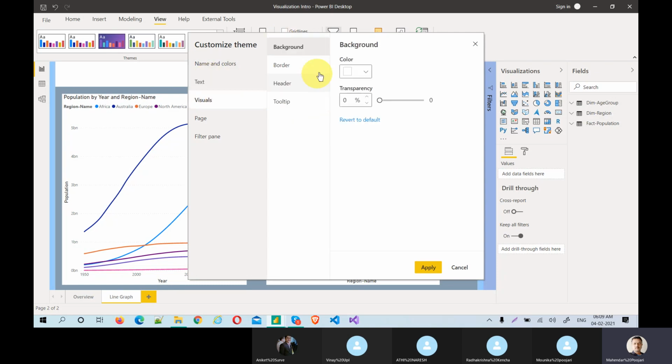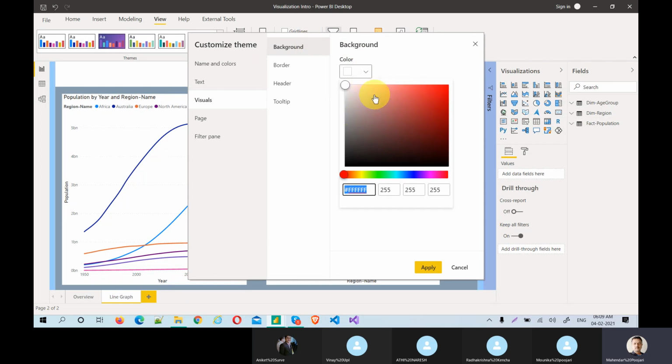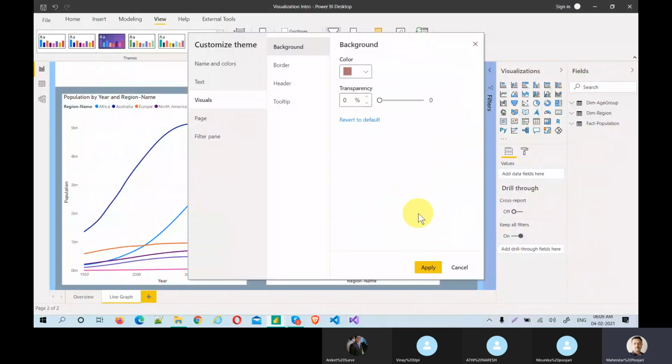Likewise for visuals also. So visual background, you want something like this. This is a color coding, but at any point of time you can change that. And just apply the transparency. And border, these are all things you can confirm with the client.